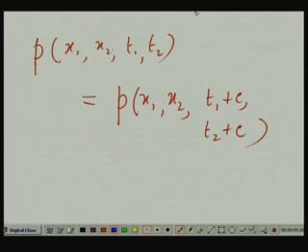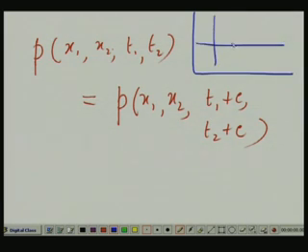That is, I am drawing a figure here, this is the time axis, whether I choose t1 and t2 here and see the joint statistics of the two random variables x of t1 and x of t2, or I see the same thing at two other points